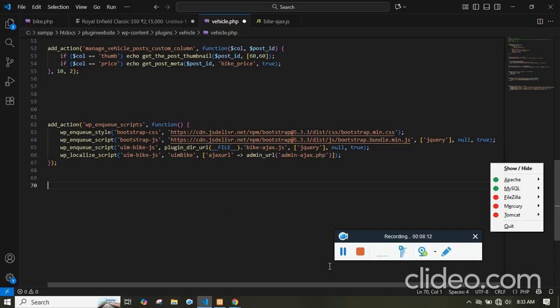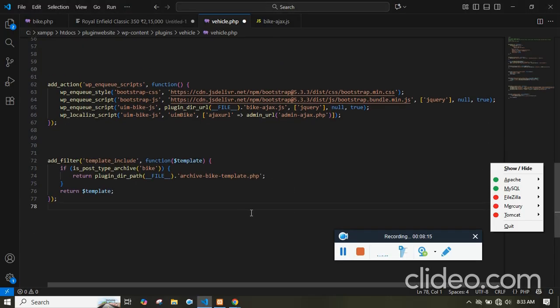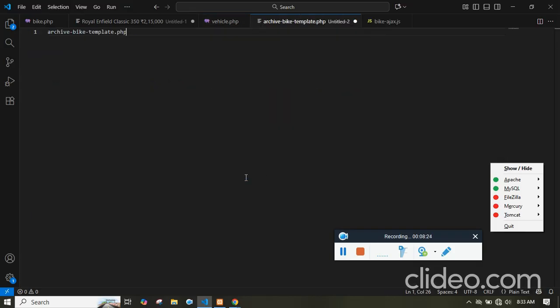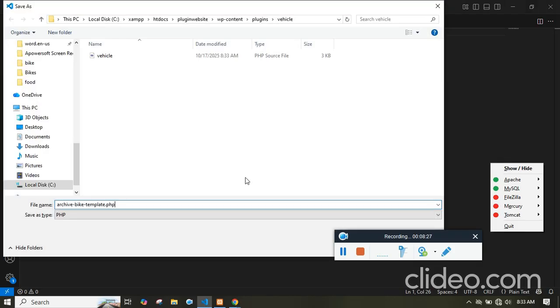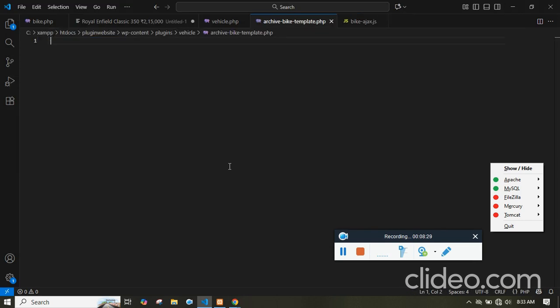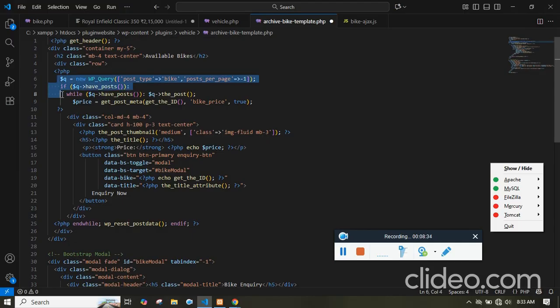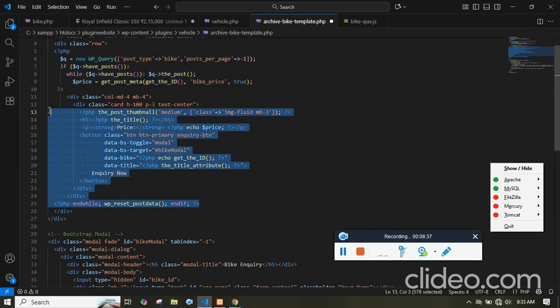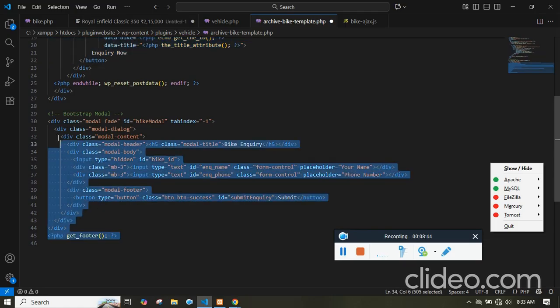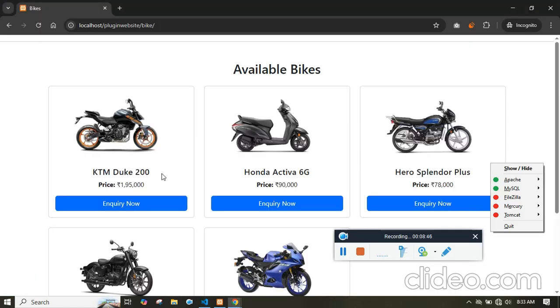Now we want to create an archive page. This is the robust way of calling the archive using template include, and if the post type is vehicle, call this archive page. Let's create a new archive page and call it by this name, and this will simply have the while loop, and it will be displayed in the form of cards. The point to be noted is the button has the post ID of the bike, and this is the Bootstrap code